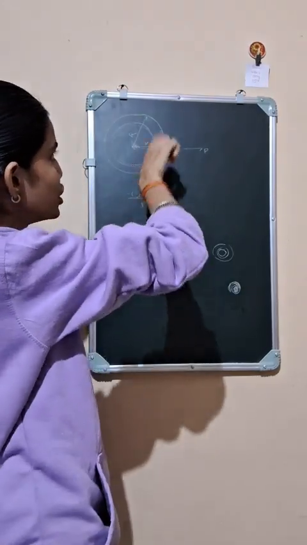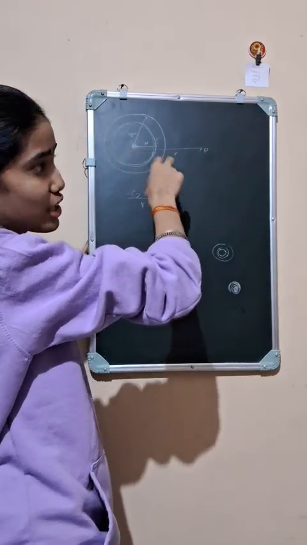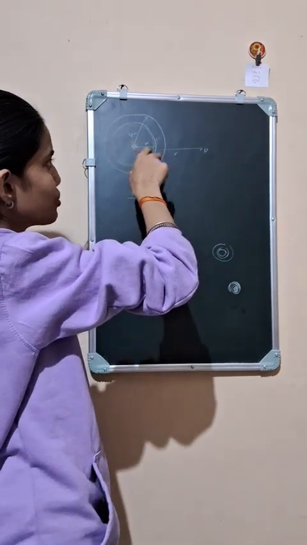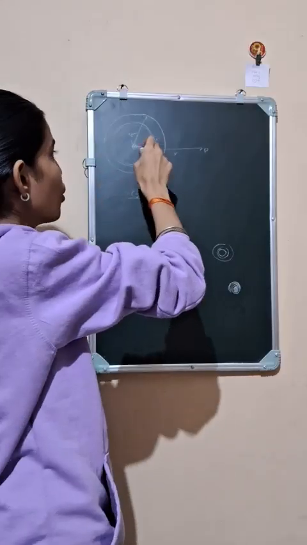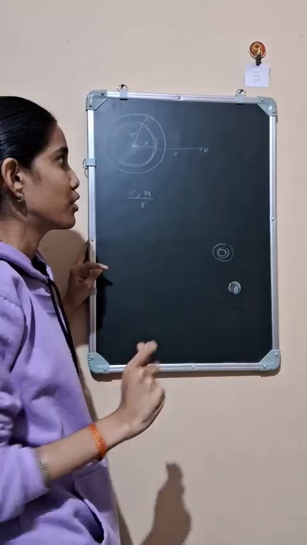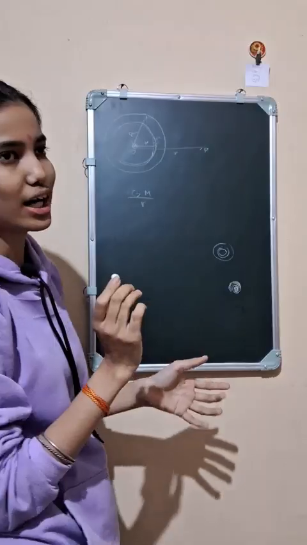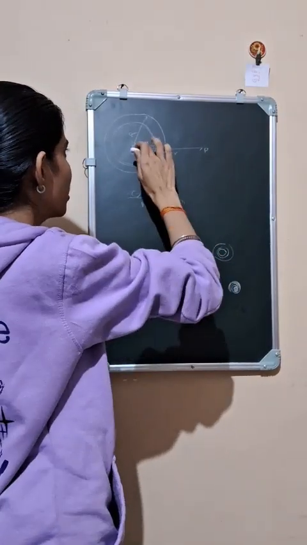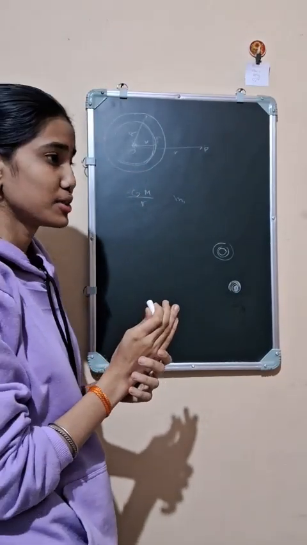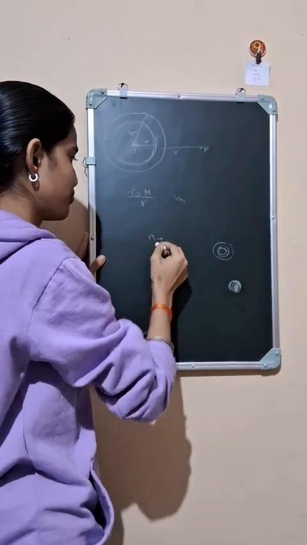So here, for each of the spherical shells starting from x tending to 0 to capital R, the distance will be r, because each spherical shell will have its center at O, and O is at a distance of small r from P, right? So suppose this spherical shell has mass m1, and if we consider an infinite number of spherical shells, suppose we have divided it into n number of spherical shells, then